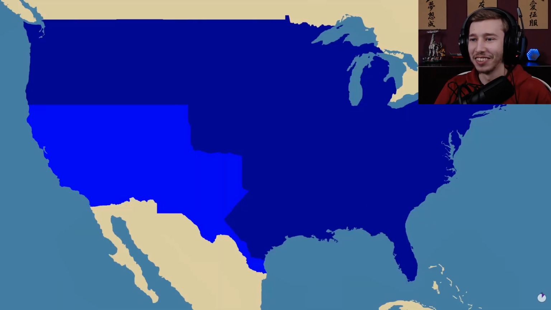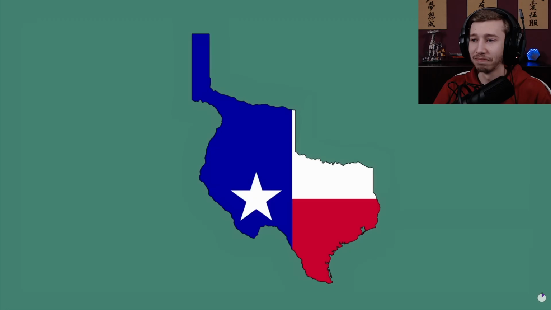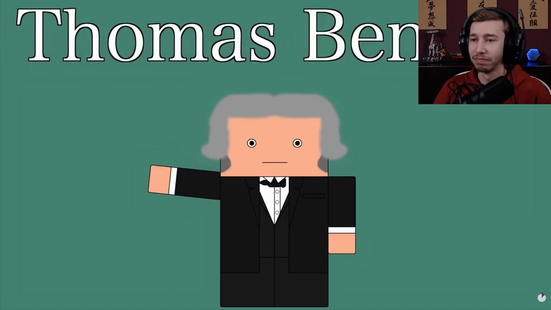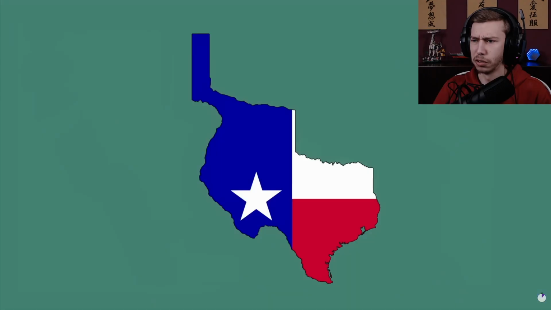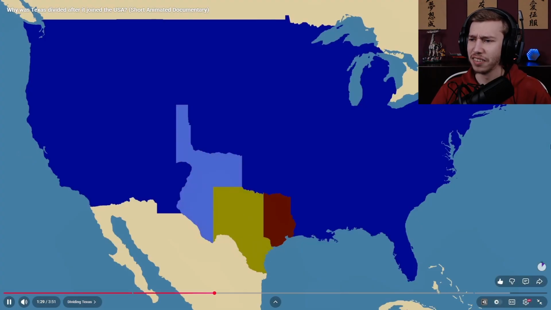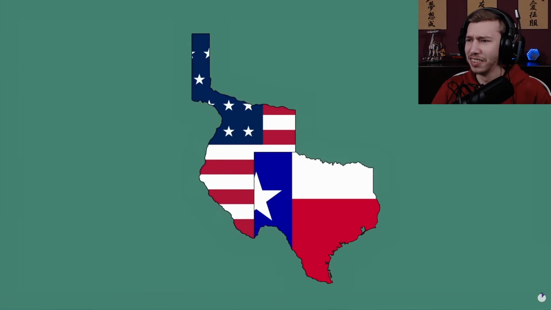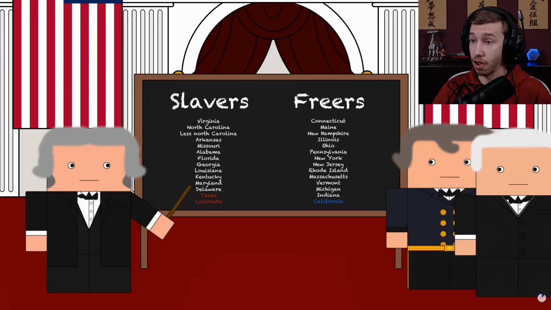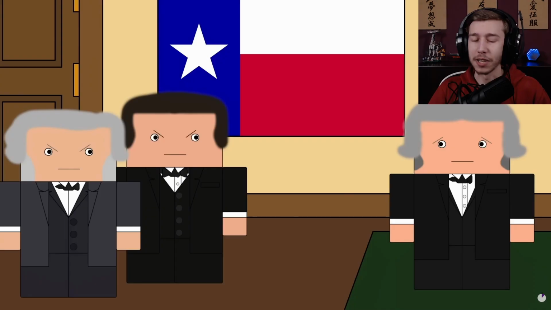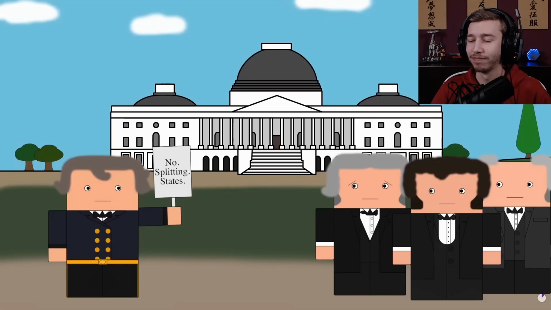As part of a broader discussion on how to incorporate America's new land, several prominent senators put forward proposals on how to divide Texas. The first idea was that of Missouri Senator Thomas Benton, who proposed that Texas be divided like this, with the North and West going to the federal government as part of the territory of New Mexico and the rest being divided into two states, Texas and Colorado. This plan was much more about keeping the free state-slave state balance in the Union. Furthermore, it broke the rule of splitting states.